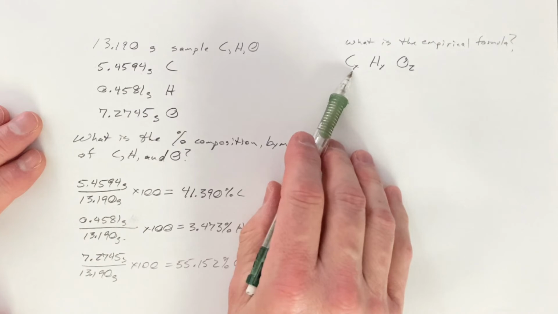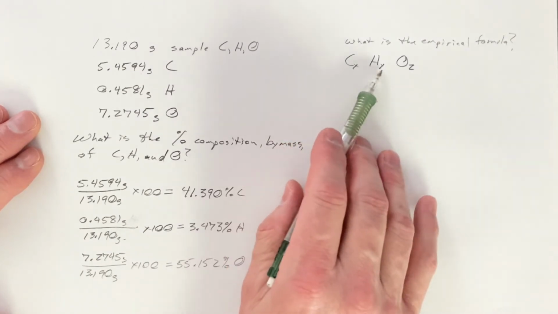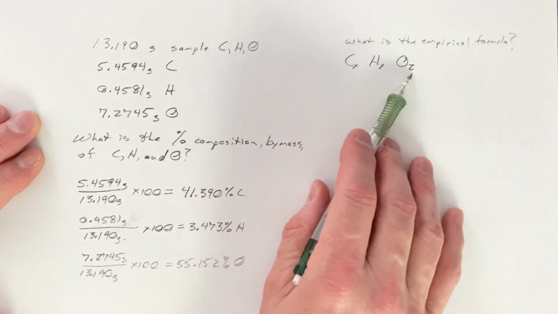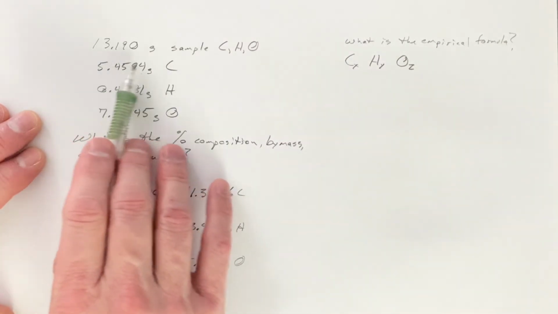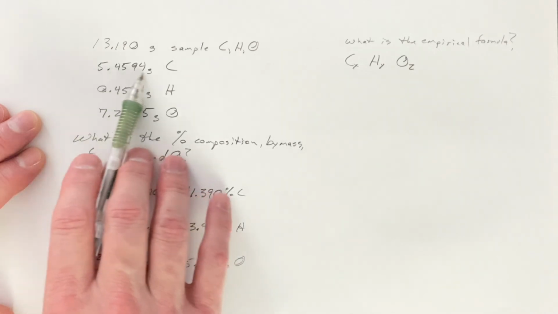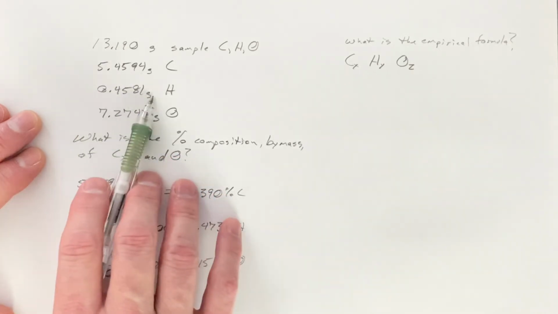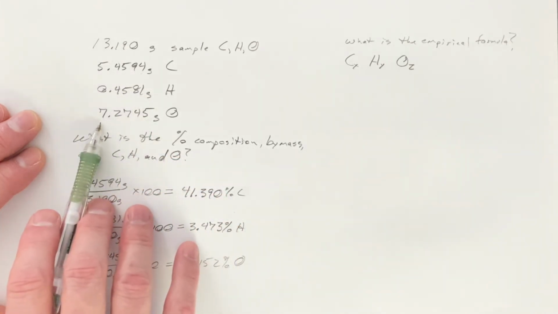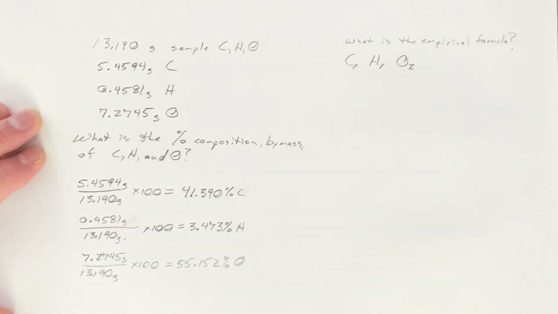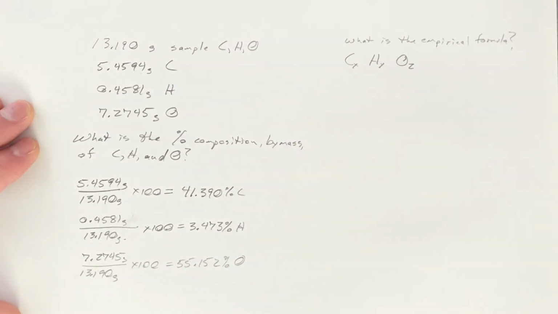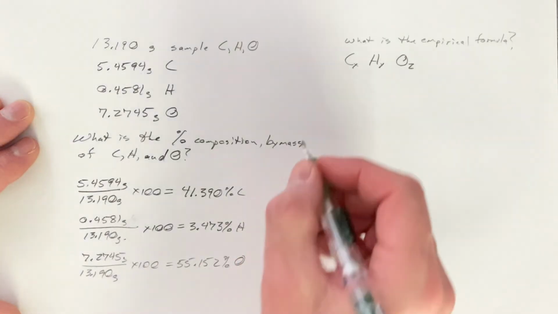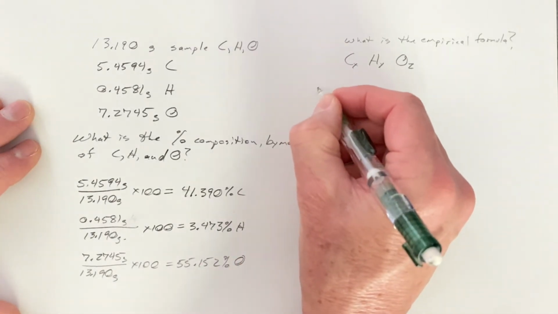And X is the number of moles of carbon, Y is the number of moles of hydrogen, and Z is the number of moles of oxygen. We have in our sample the number of grams of carbon, the number of grams of hydrogen, and the number of grams of oxygen. We shall convert these grams to moles and plug these moles into our chemical formula. So we shall say that we have